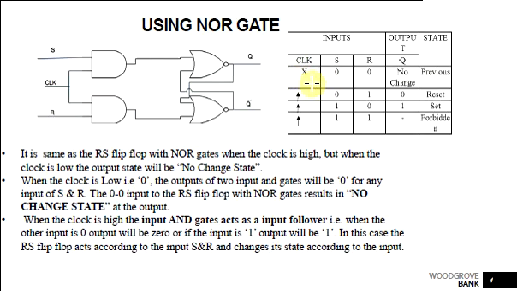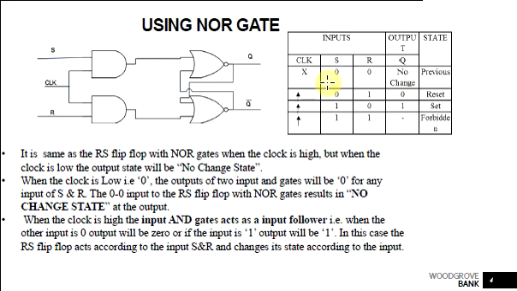So when the clock is active, if we give 0 0 to the inputs, the 0 0 will be passed on to these two terminals, so the output remains the same. That is just like the previous normal SR flip-flop, where S and R both equal to 0 corresponds to the no change state. This truth table is not complete; I will include the correct one in your lecture note.